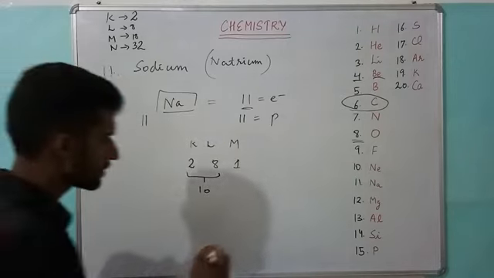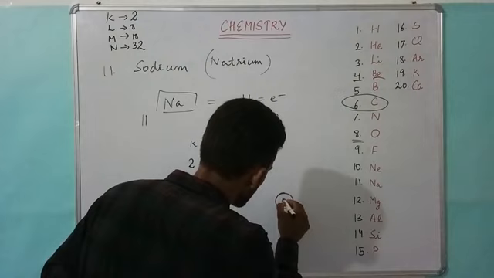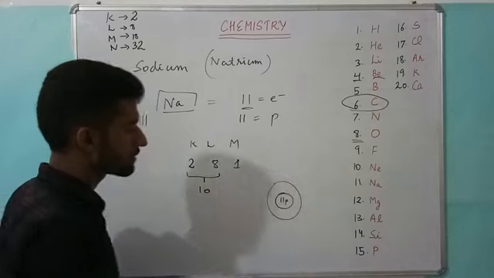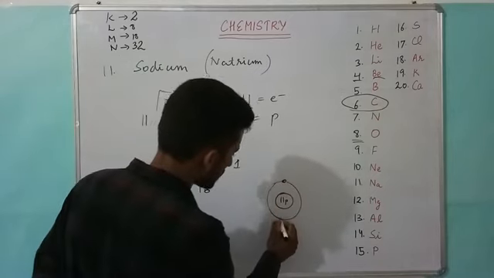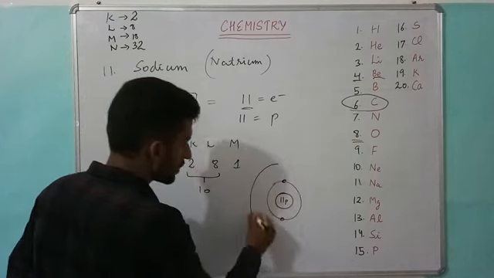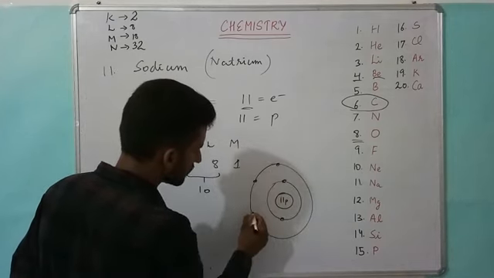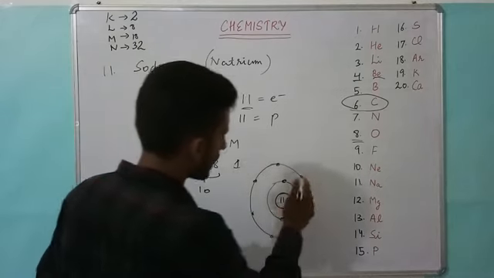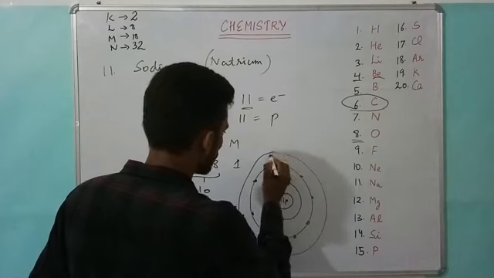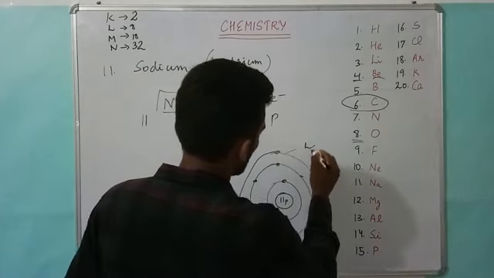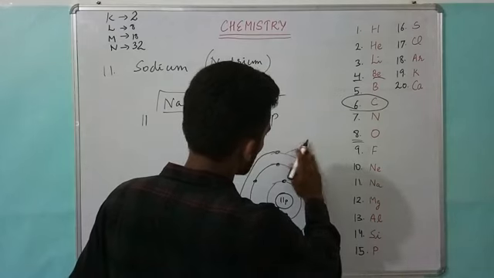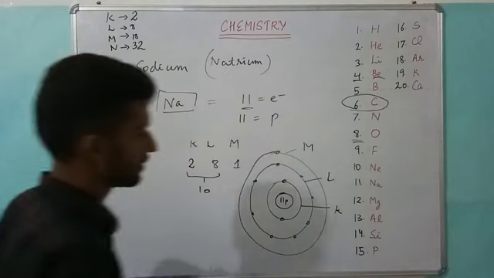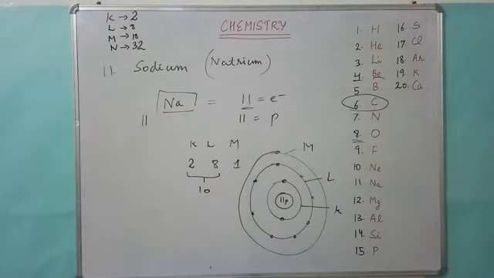So how we will draw this one? Drawing is same. First shell, that is K, but in the center I had drawn nucleus with 11 protons. So K first, 2 electrons, then L 1, 2, 3, 4, 5, 6, 7 and 8. You can count here 4 and 4, 8 here, and the next one it will go to the next shell, that is in the M shell, not in the L, it is M shell. Second one is the L shell, and the inner one it is the K shell. So clear to all? So this was regarding the sodium atom.